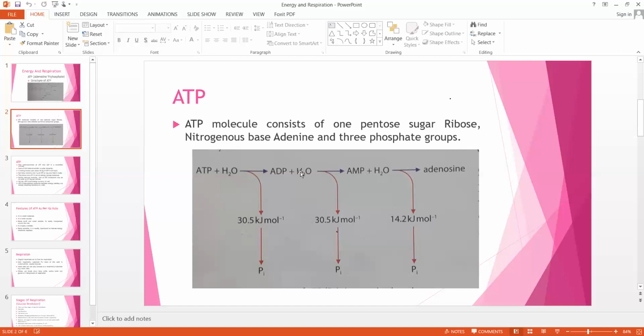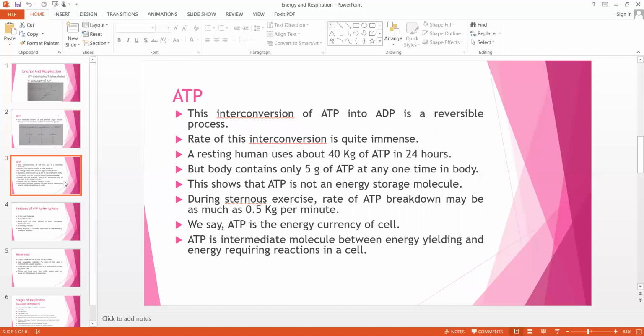Now, this interconversion of ATP into ADP and then back into ATP is a reversible process. And we can see that the rate of interconversion, ATP being converted into ADP or ADP being converted back into ATP, is quite high. It is estimated that a resting human, meaning a person who is not doing any activity and only the basic metabolism is being carried on, uses about 40 kg of ATP